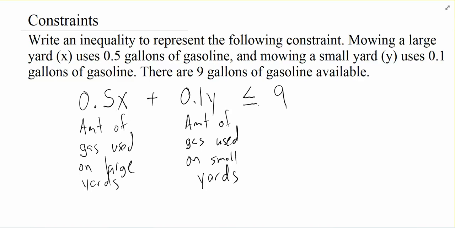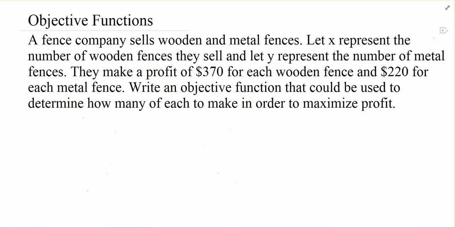So in this case, I would say go ahead and include it, because if we used exactly 9, we would be fine. Obviously, this is not an exact science. There might be a tiny little bit of gas left, or there might be a little bit of grass left, one or the other. But in this case here, I would say include it. But there's going to be times where we might not want to include it, like saying, we want to have at least 1, and so we need to have more than 0. So at least 1 could be greater or equal to 1, greater than 0. So we're going to look at it that way.